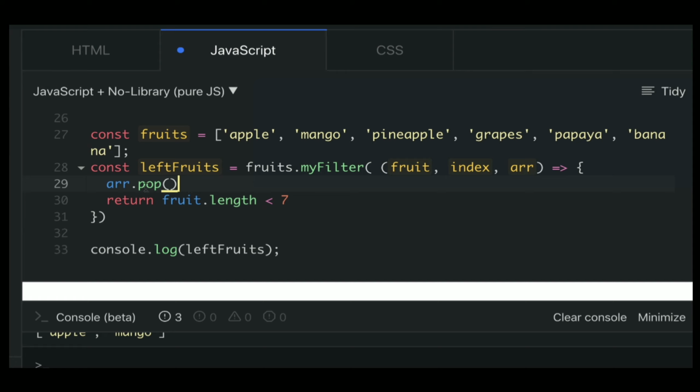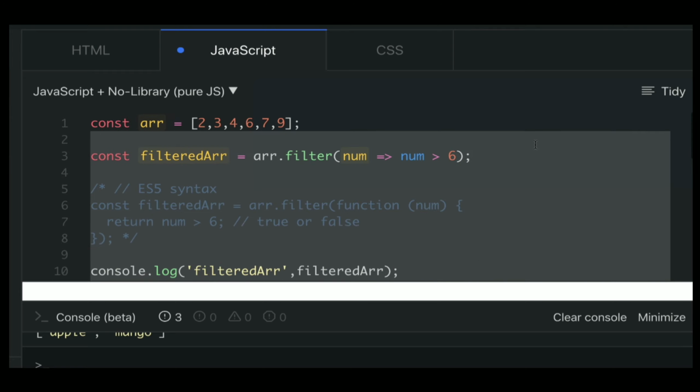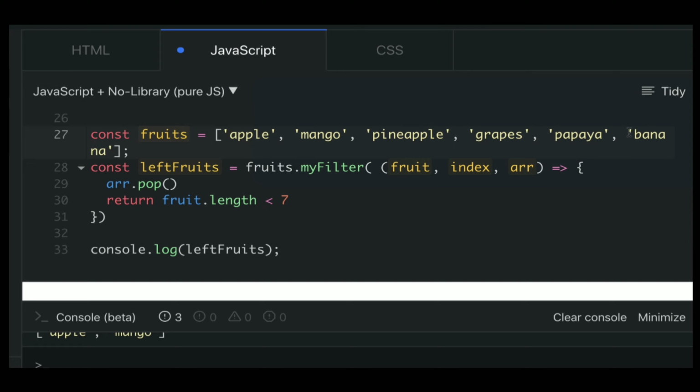What is happening is that for the first iteration we are talking about apple. At that particular iteration it will remove banana from the array, and our array will have only these many fruits. Now for the second iteration, it will iterate for mango, and it will see the last index, papaya, and remove papaya.